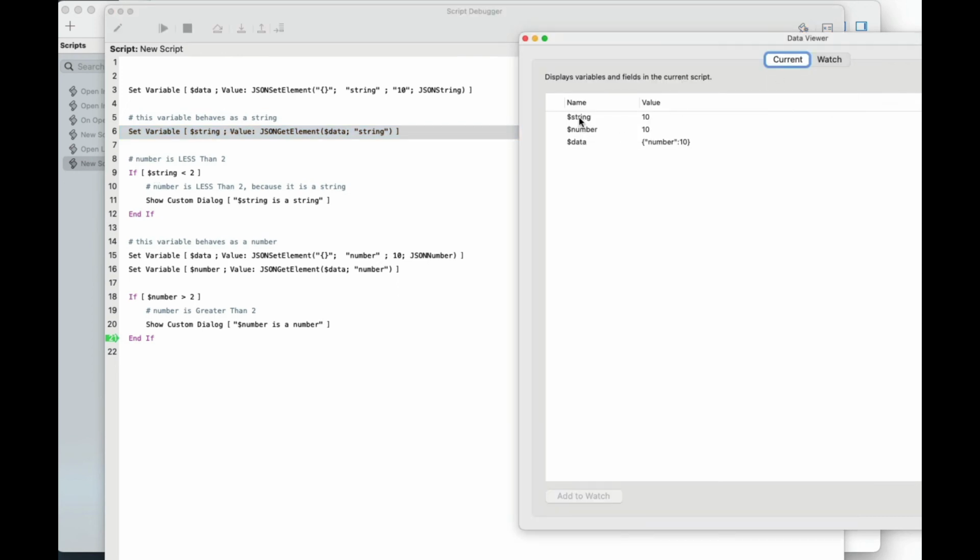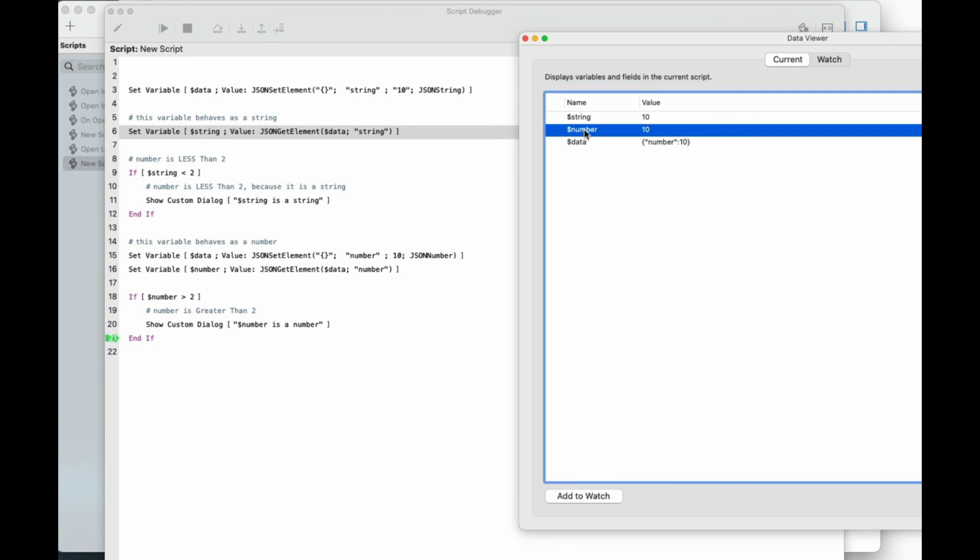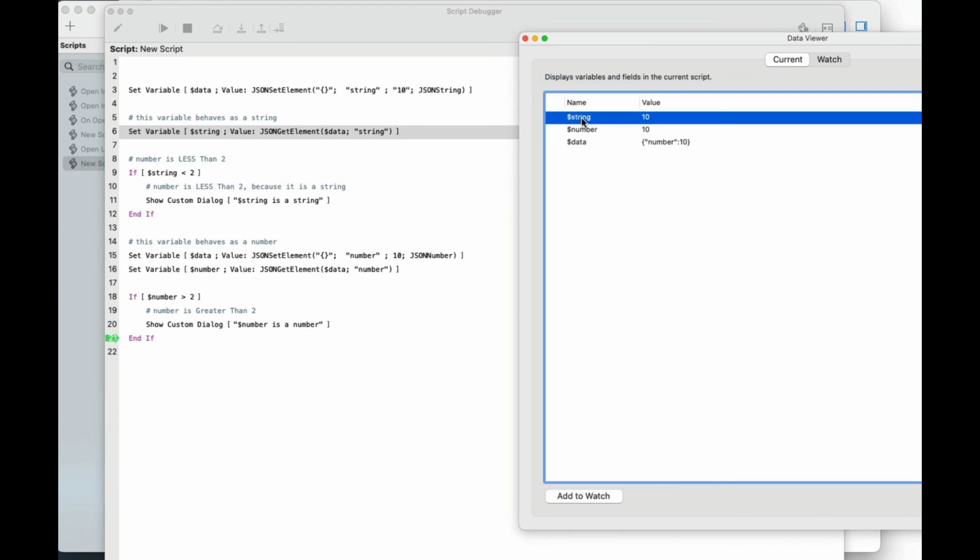In other words, this is a string and this is a number. There's no quotes around any of these, but this one behaves as a number. This one behaves as a string. So there is a practical difference, regardless of what the structure is that underlies how the data is stored. There is a practical difference between these two variables, and that difference can best be described as a type of data or some kind of type information at the very least. That's it.